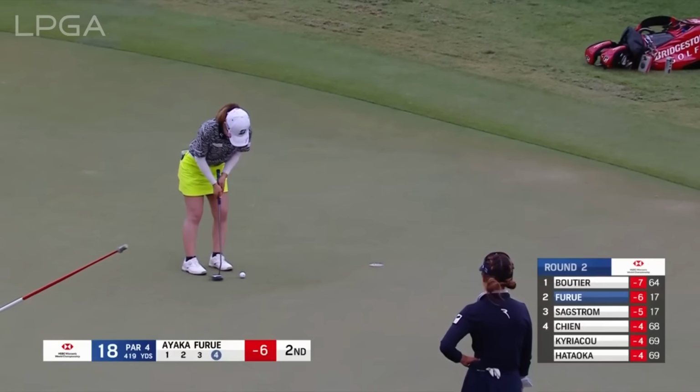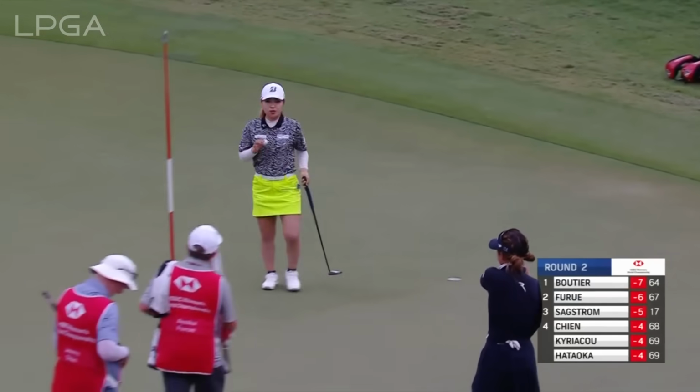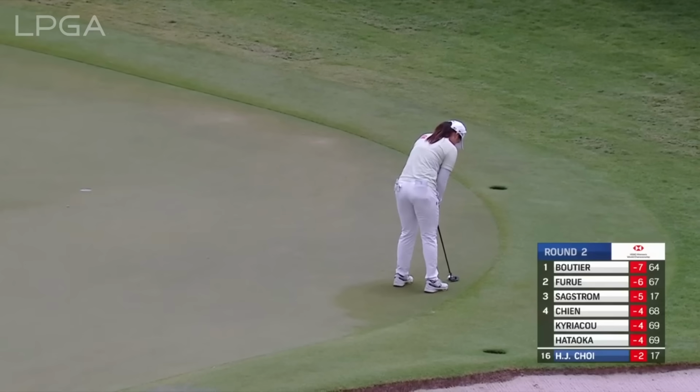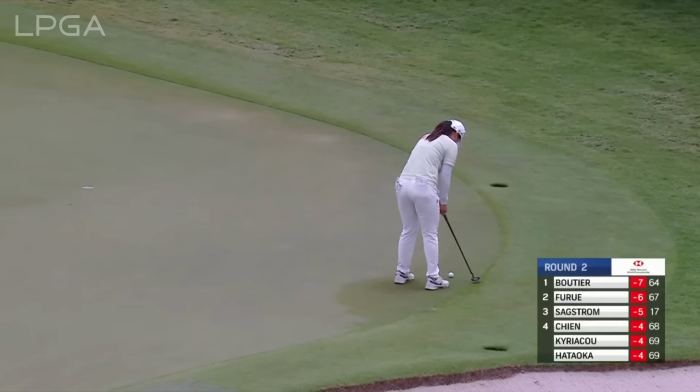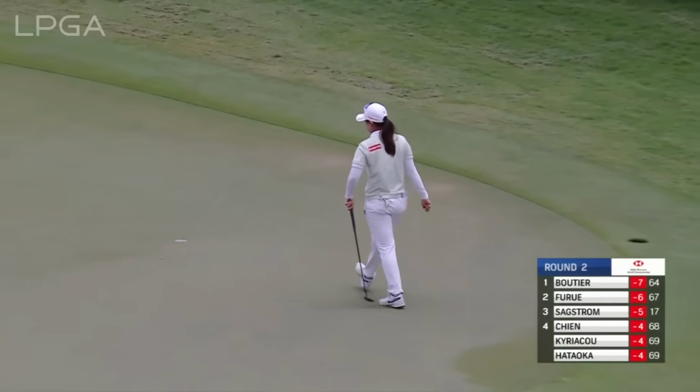To wrap things up on the 18th hole, and to begin the weekend, you would think 1 back. A round of 2 under par 70. Is he going to get there? You bet it will. This is one talented